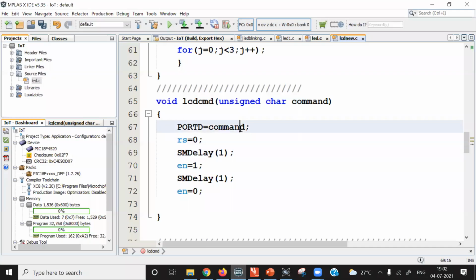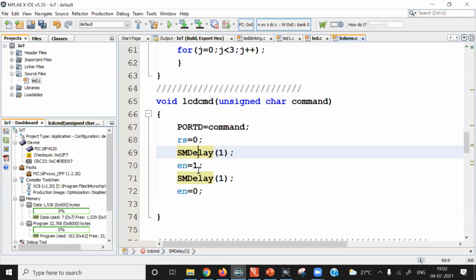So the received command is saved in port D. On port D, there is the command saved. Now for writing a command to the command register of the LCD display, your RS pin must be 0. So the RS pin is cleared to 0. After that, add a small amount of delay, because whenever you make changes to the port pin, usually we connect the display through wires to the microcontroller port pin. And whenever there is a change in data, there is a steady state response and a transient response. So whenever you make changes, use a small amount of delay so that data gets settled down on the port pin. That is the purpose of adding a small delay here.